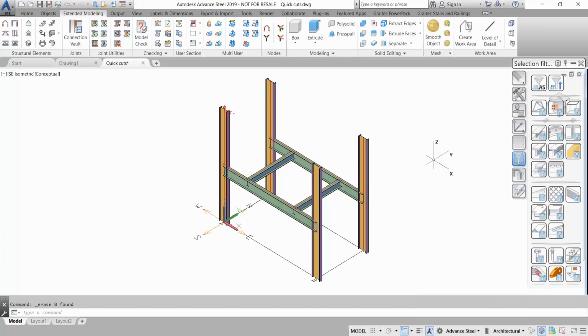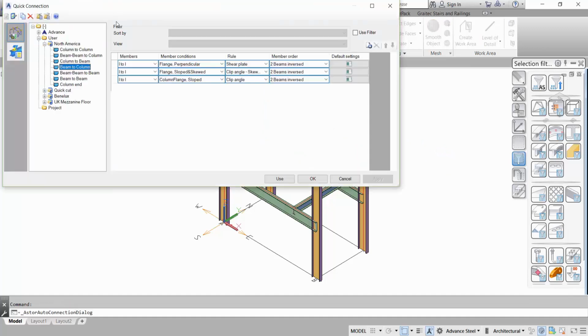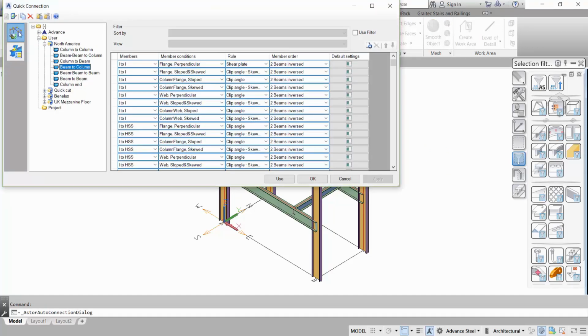So we're going to select the connection rule category icon when we open the dialog box. We are going to select from the users the North American, then beam to column. Select Use, select OK,